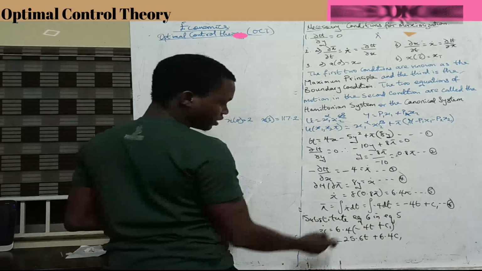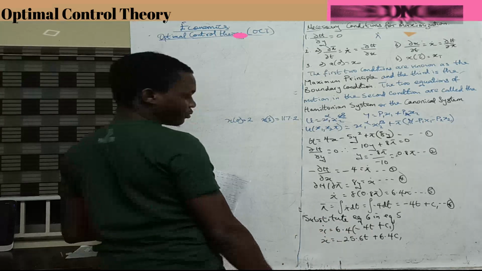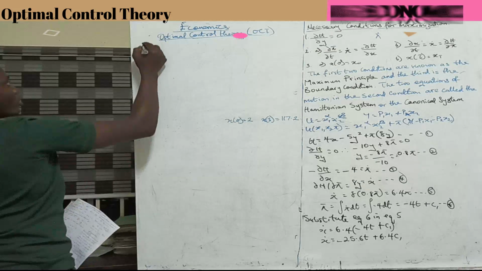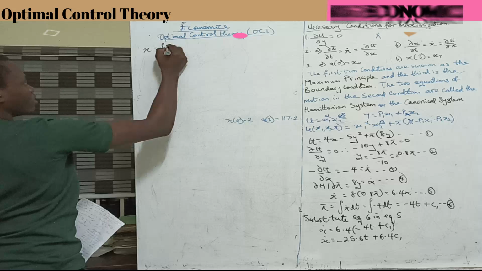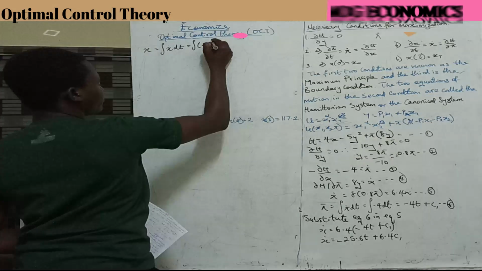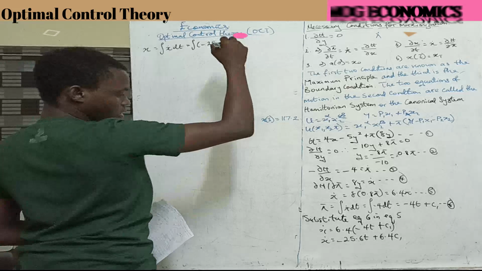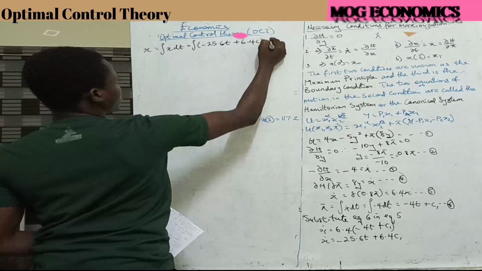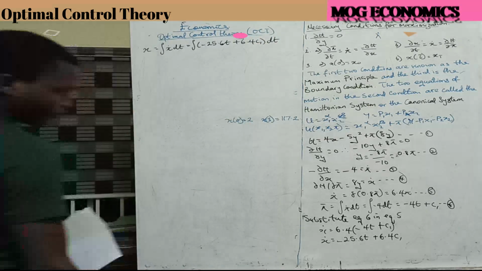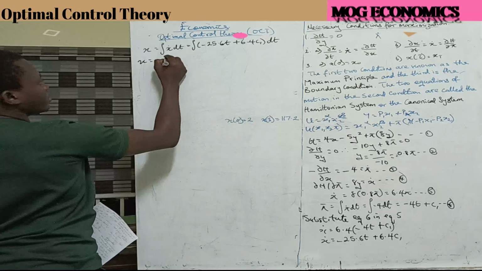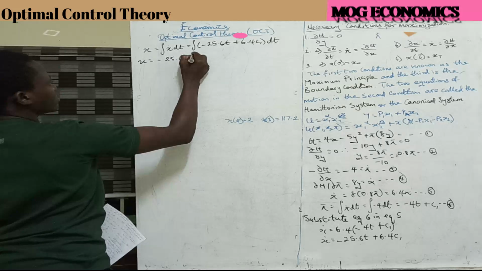So substitute here. This multiplied by this is minus 25.6 plus. All right, the thing is that we want to get x, not x dot. So for us to do that, x is equal to the integral of x dot dt, which is the integral of minus 25.6 t plus 6.4 C1 dt. All right, so x will be equal to minus 25.6 t squared over 2